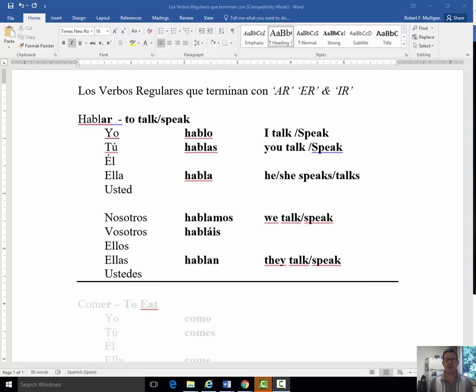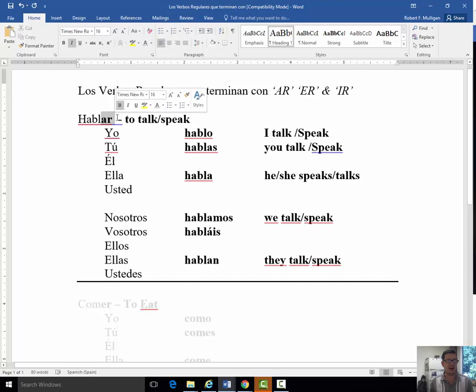Right now, we're going to go ahead and talk about the conjugation of regular verbs. So, let's take a look. We're talking about the AR verbs. And remember that all verbs in Spanish, in the infinitive form, so that form that means to walk, to run, to talk, to speak. We use two words in English. In Spanish, we just use one, and it will finish with either an AR, an ER, or an IR. Right now, we're going to talk about the conjugation of regular AR verbs.